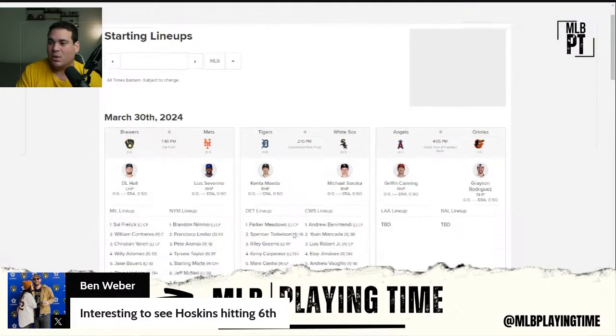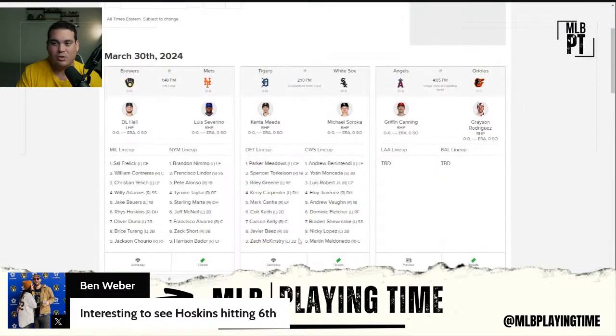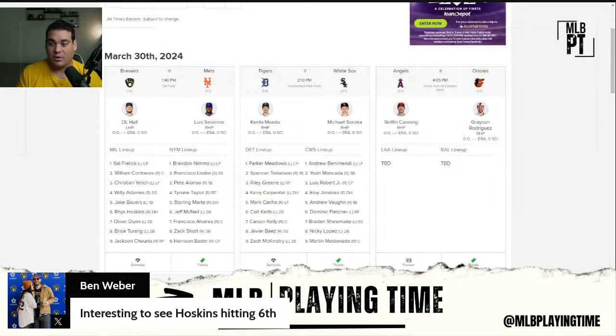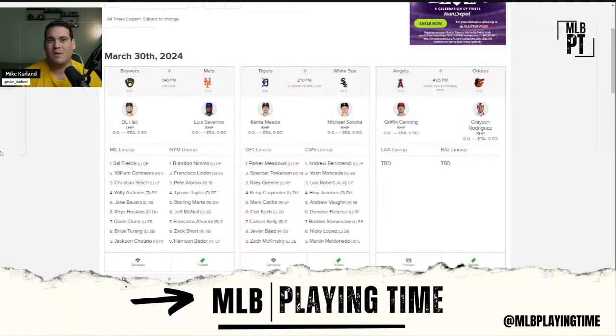Obviously, they're going to utilize the lefty in McKinstry, and McKinstry proved to be serviceable, then fell off a cliff last year. I don't think McKinstry's bat is going to keep him in the lineup. It's going to be good enough to keep him in the lineup type of thing. But we'll see how that goes. At the end of the day, we're going to see McKinstry in there more than we probably anticipated to start the year, which is going to mostly eat into what's-his-face's playing time.